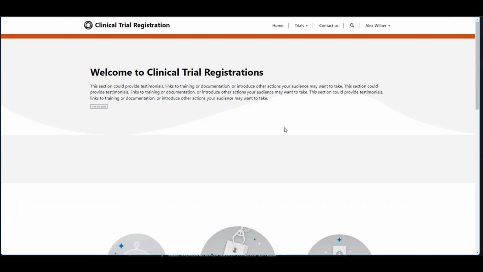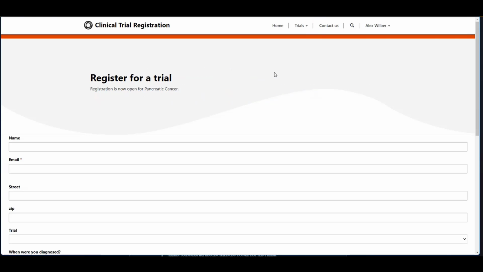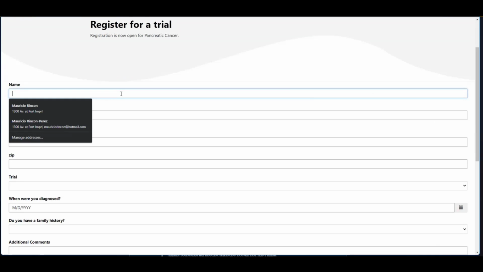And those were different personas that we explored. In this case, this is a user who can do everything. So the user can go to the trials section and register here real quick,